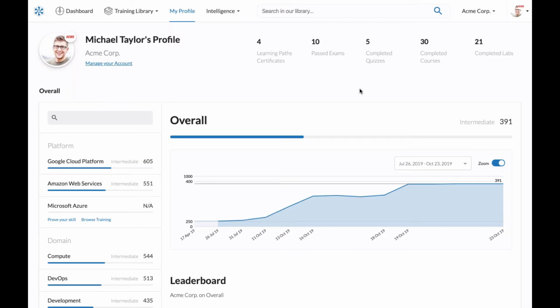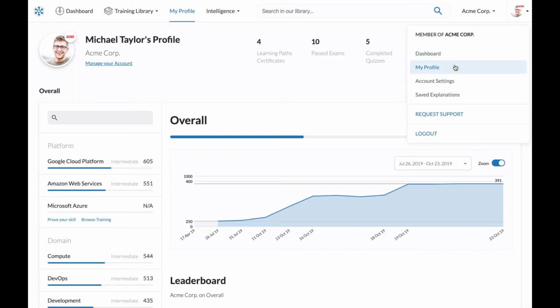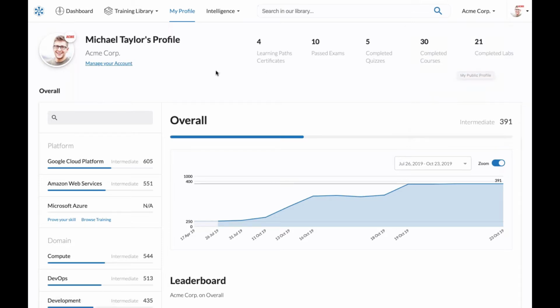So what we build in Cloud Academy is not just content, meaning not just courses and lectures, but we also created a lot of ways to assess your skills. And in order to track your skills, we created this score that I'm going to show you right now. When you're in our platform, you can go to your profile in this way that I'm showing you on my screen, and you can see this page where you can track your score.